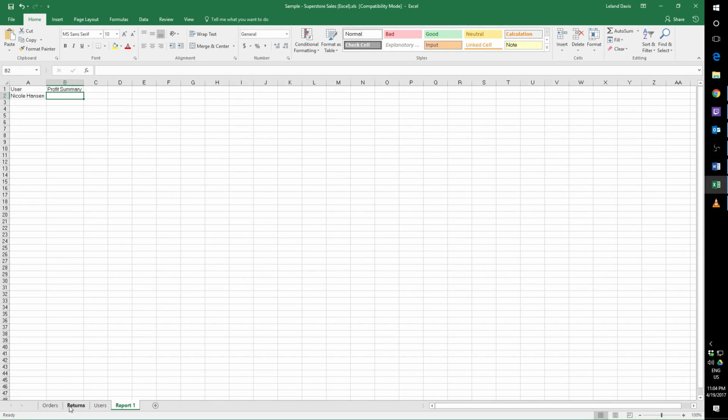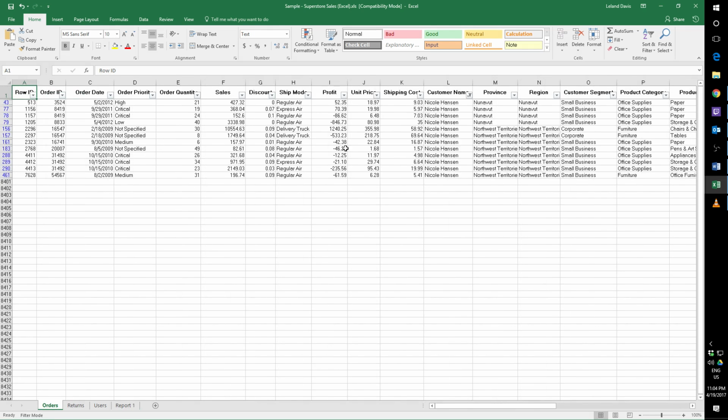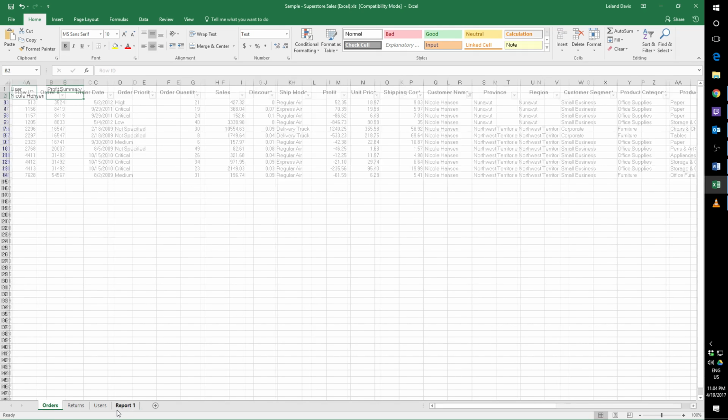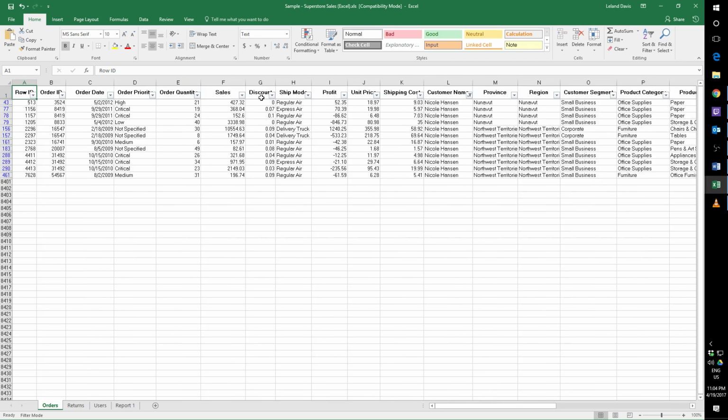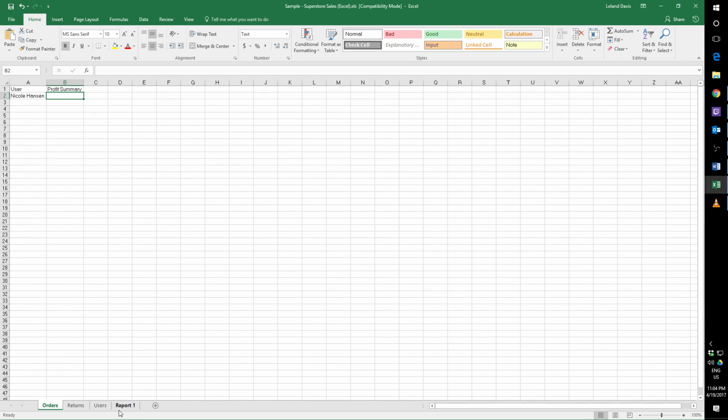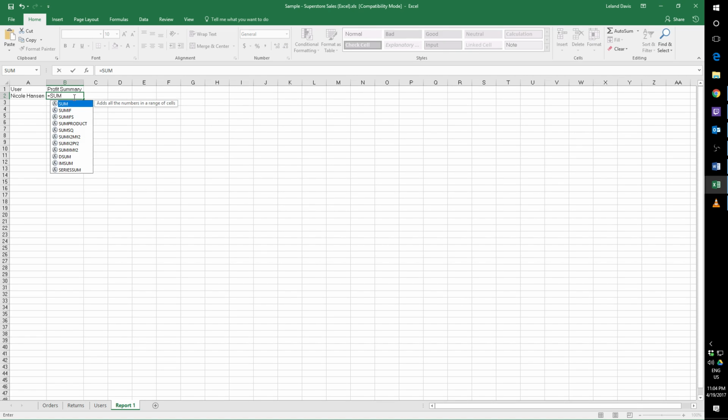And what that means is I'm going to have to pull some data that is in this chart over to here. Now, copying and pasting, that's not really a great way to do it, because if any of this data changes, our report data is no longer going to be correct, and that just isn't going to do it for us. So instead, I'm going to start an equation. I'm going to start a sum equation,